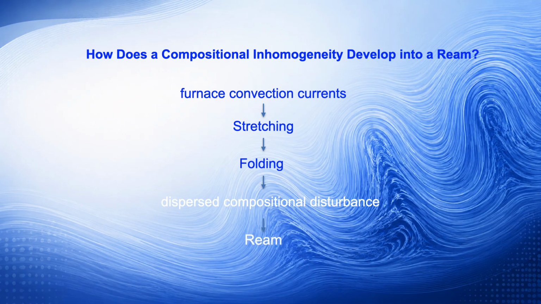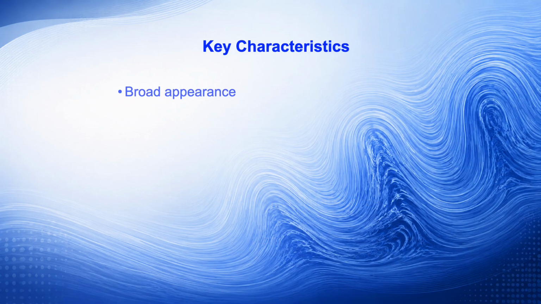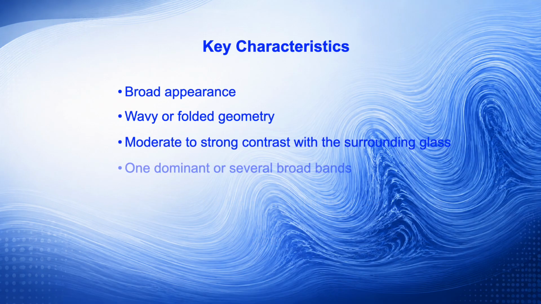Reams are characterized by a broad appearance, wavy or folded geometry, moderate to strong contrast with the surrounding glass, and one dominant or several broad bands. These characteristics reflect the evolution history of the original disturbance into a ream as it was stretched, folded, and dispersed